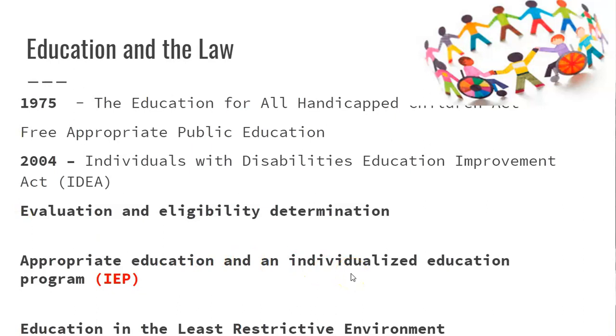So in thinking about least restrictive environment, you also have to include inclusion, which is where you educate a child with special educational needs full-time in the regular classroom. That may not work for every child. Again, it depends on what the child is able to do. But if a child is able to be educated in the regular classroom, if they have special educational needs, then that is where the child should be educated.